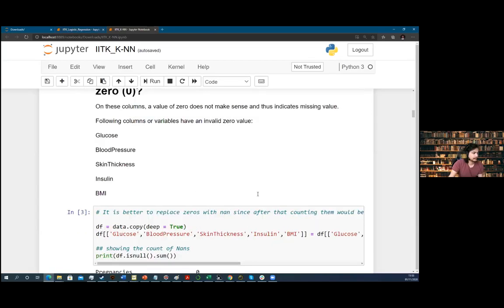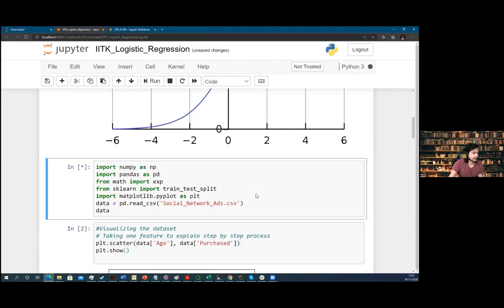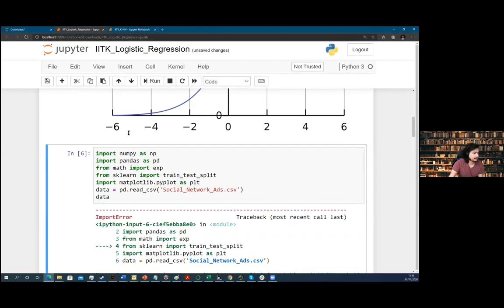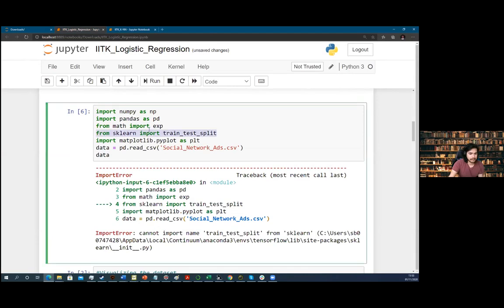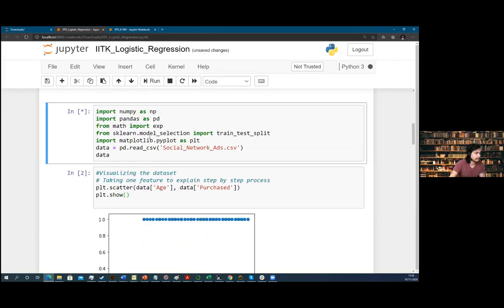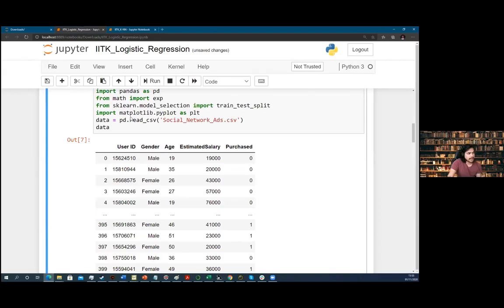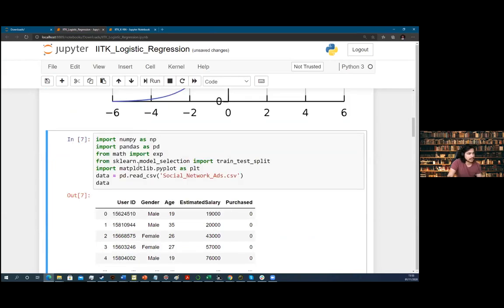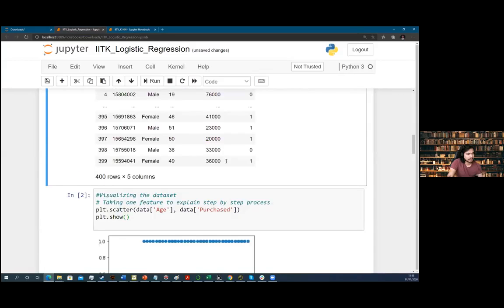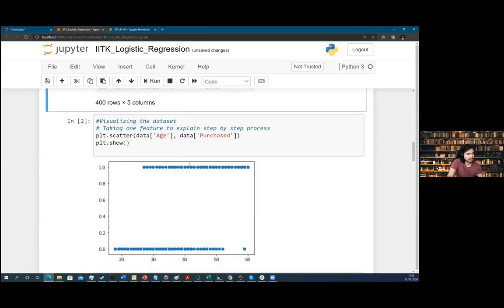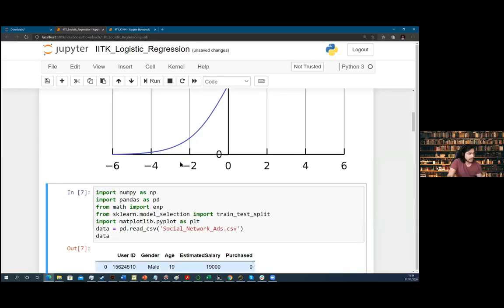Okay, so you can add this specific line, which is from sklearn.model_selection import train_test_split.